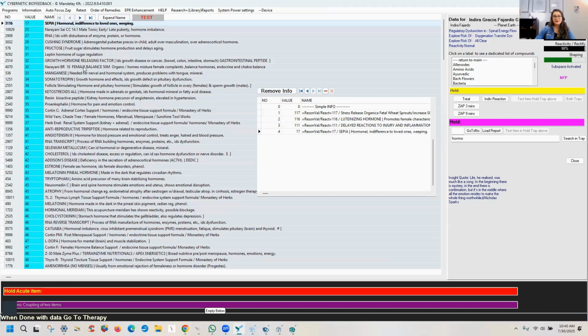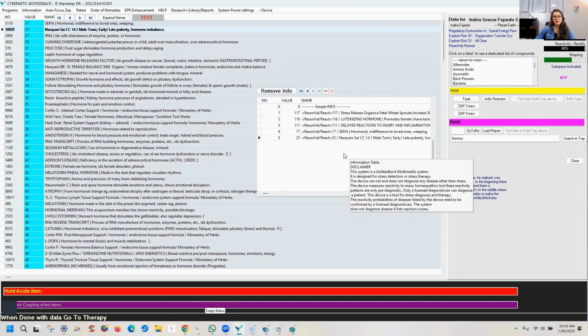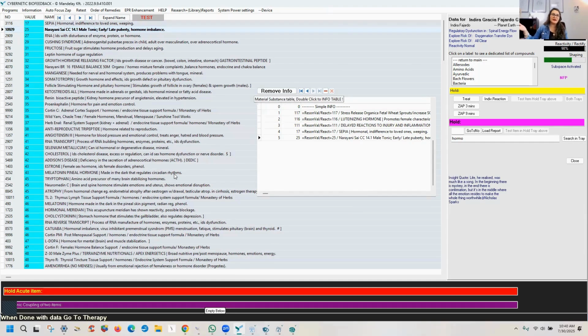But if I were working with a client, I would probably do not more than 3 or 4, and I will write down all the other information. And if I have extra time, I will work those separately. Okay, but in here, what I really want us to do is to look for hormone. We are going to also look for the endocrine. Okay, wait a second. Let me just check in my notes. Also, I want to make sure to open all the channel flows. So we're going to look for